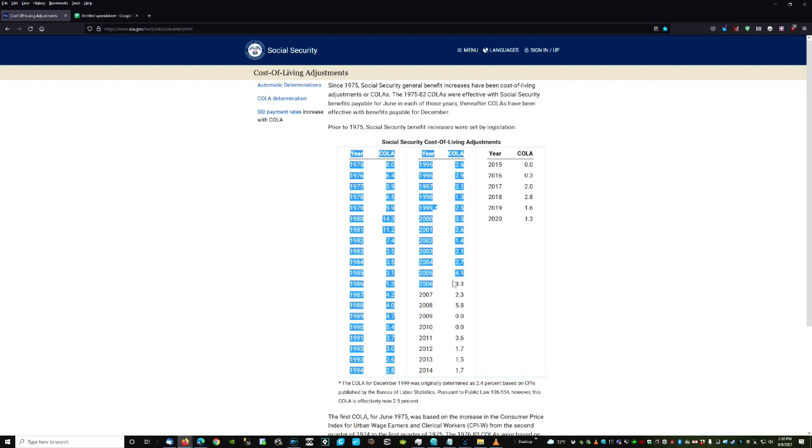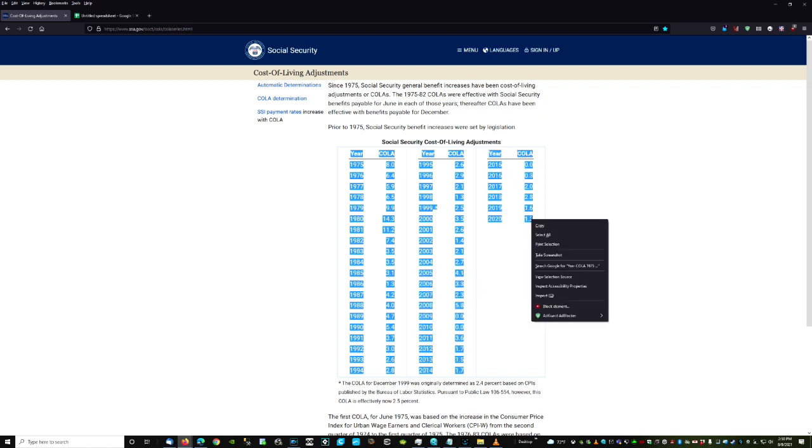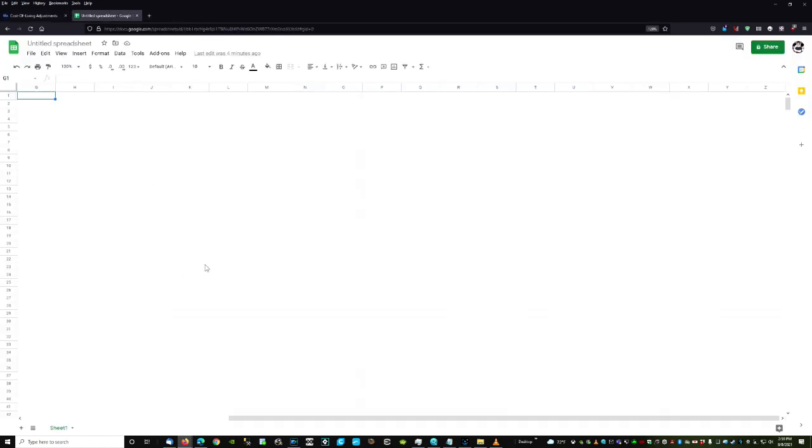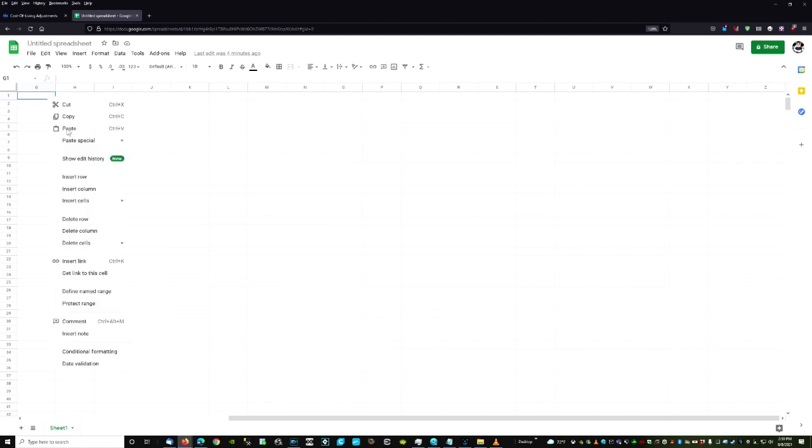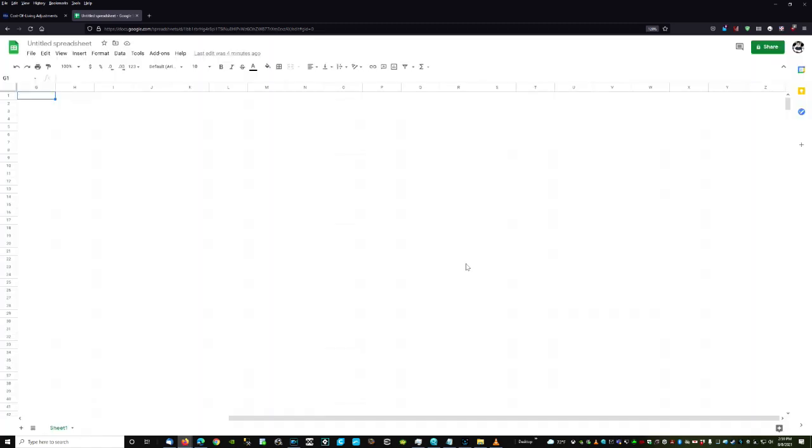And if I want to highlight it and copy it, it comes out simple enough. My goal is to put this into a spreadsheet, like Google Sheets. And from here I can simply paste the data, and if I'm very lucky, it will come out neatly formatted and looking perfect. Otherwise, it will come out looking like this. It looks as if the format is incompatible with the spreadsheet program, so I'm going to undo this,